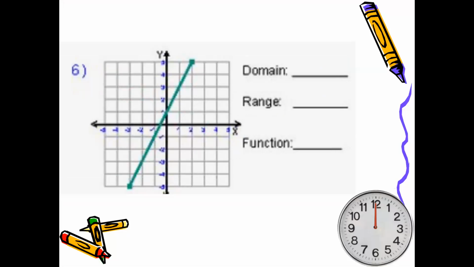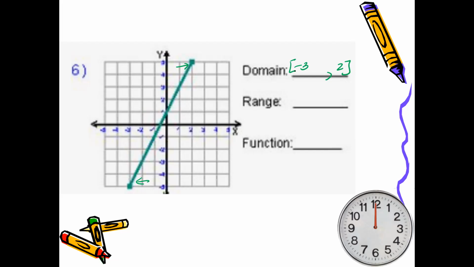Number 6, pause the video and answer the following questions. What is the domain? What's the range? And is it a function? Okay, so the domain is how far to the right do you go to? It's at 2, close parenthesis. How far do you go to the left? Whoops, actually that's the wrong picture. Like this way, there you go. -3,